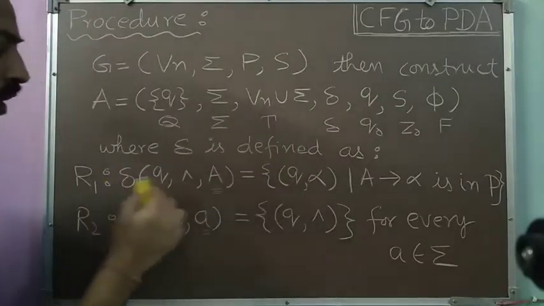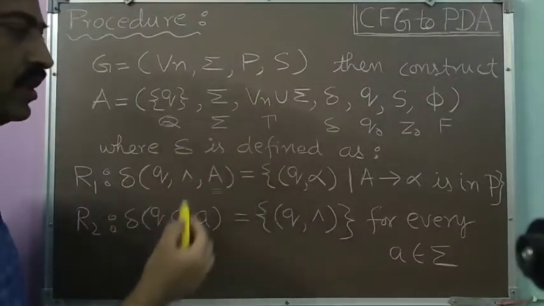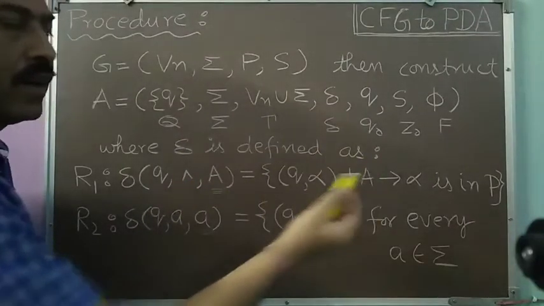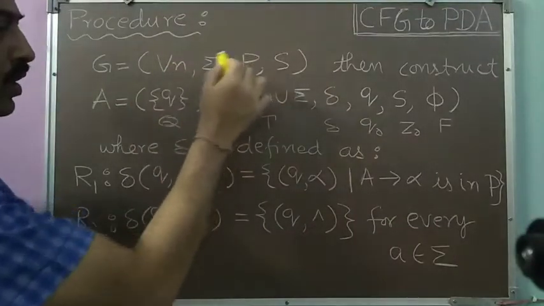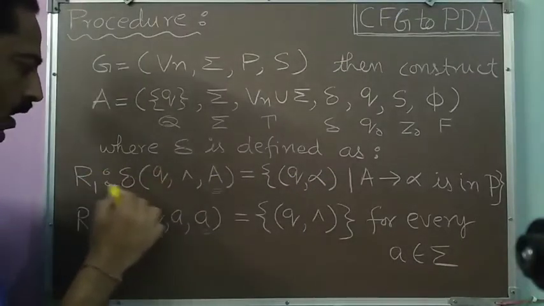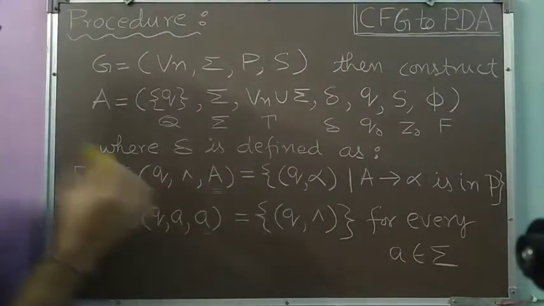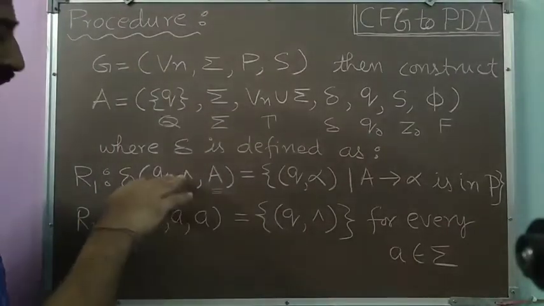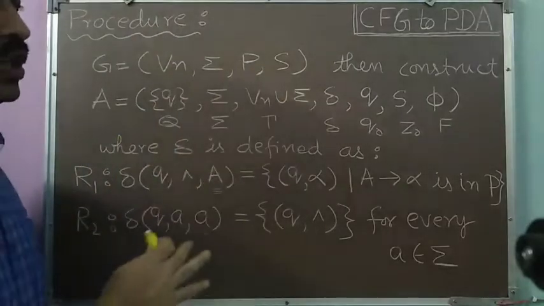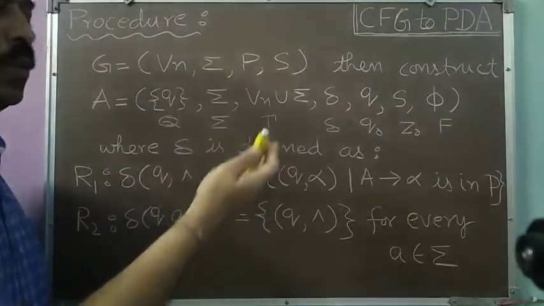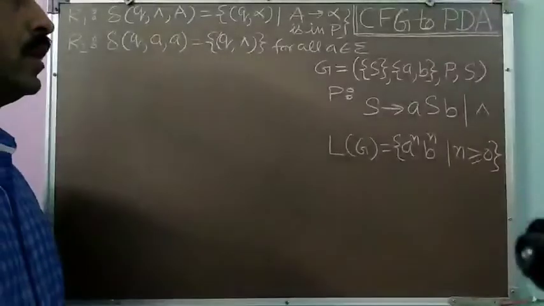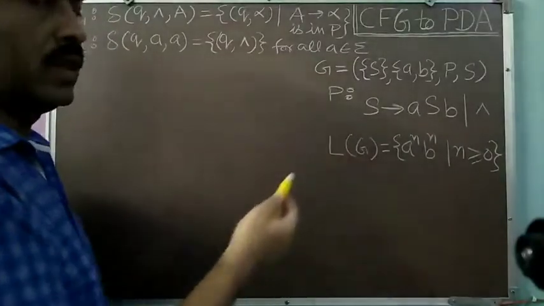And through rule 1, I will be generating transitions which are based on the productions of the grammar G. Whatsoever set of productions P is there, as per that set of productions, I will be making transitions as per rule 1. So this is the method. We simply have to find delta by rule 1 and rule 2. This is the whole procedure. Now we'll take one example so that you may understand this procedure in a much better manner. So let us come to its application.